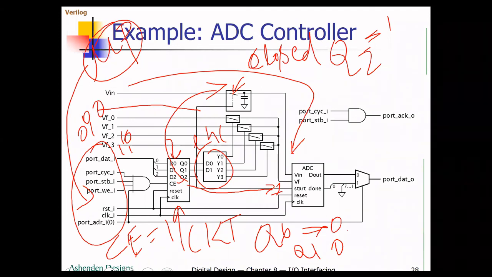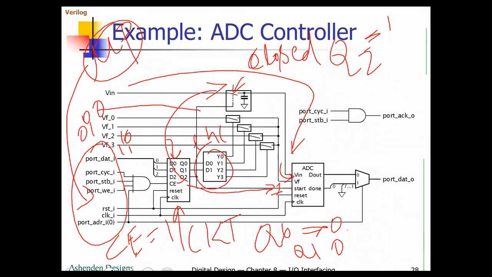So the reference voltage can vary from 3 to 15 volts. We assume V0 as 3 volts, V1 as 5 volts, V2 as 10 volts and V3 as 15 volts. This encoder picks the corresponding reference voltage and gives it to the